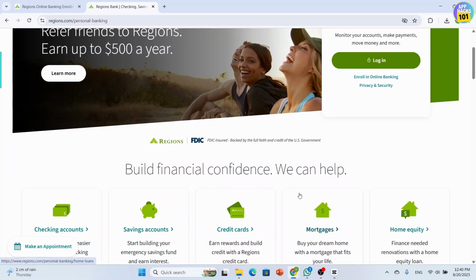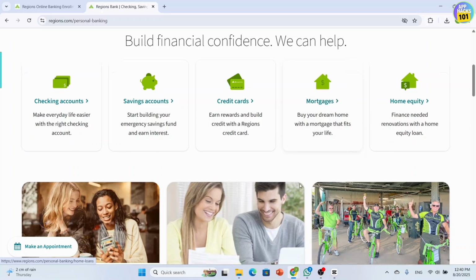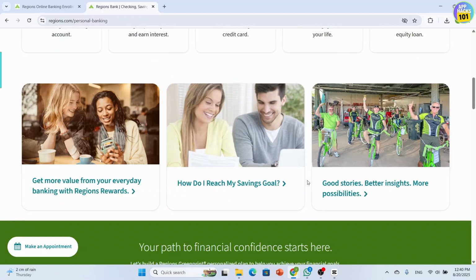top menu and then select Between My Accounts and choose the account to transfer from and the account to transfer to. And after that, you simply have to enter the transfer amount and choose the date, like today or schedule it for later. And after that, you just have to review your transfer details carefully and then click Submit or Confirm Transfer. And once you do that, you'll see a confirmation message and you can check the updated balance in